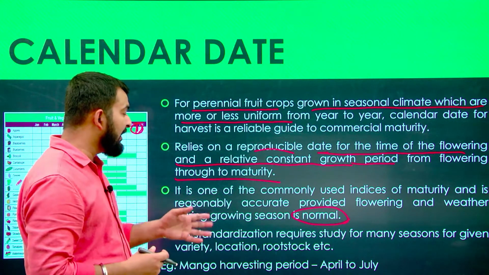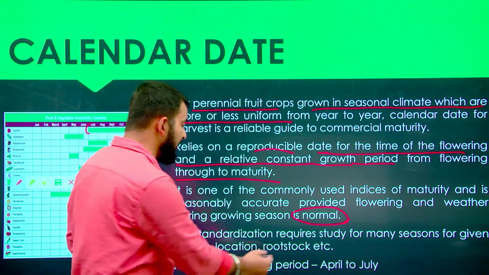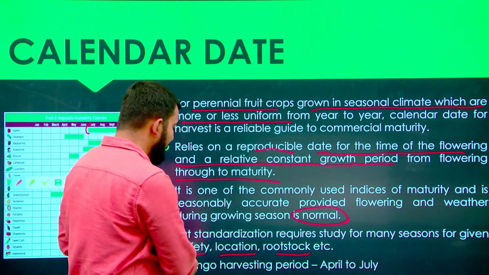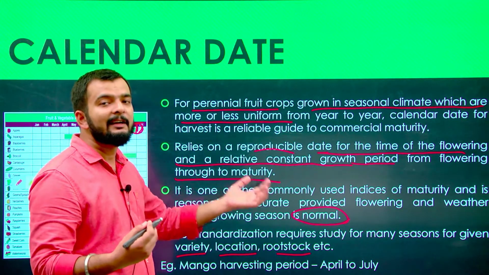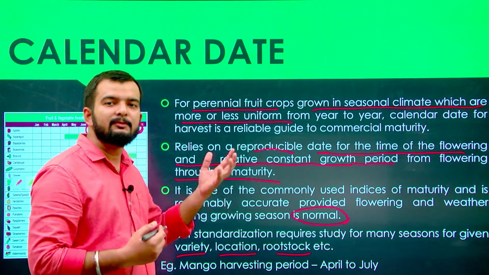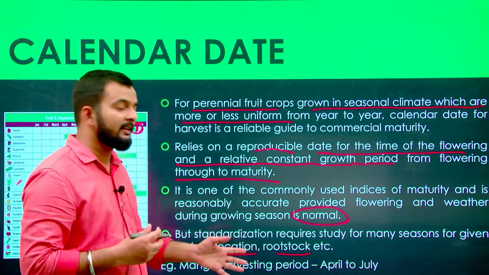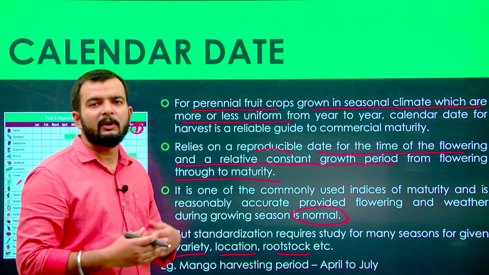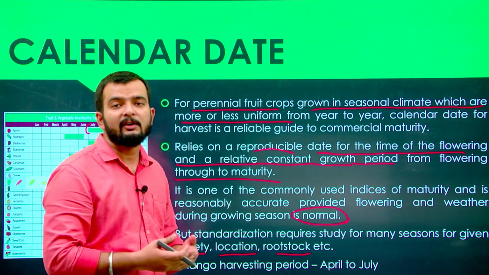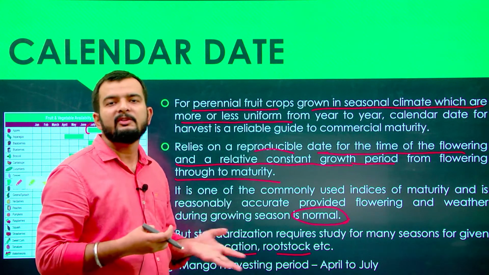But standardization requires study for many seasons for a given variety and location and rootstock. So if there is some variation, you need to study this variation, and the calendar date is not decided as such, it is based on years of study of all these variables like weather, location, variety of the crop. It may vary with the variety of, suppose, the mangoes you are calculating. So based on the variety of the mango, this calendar date can vary, it will not be the same for all